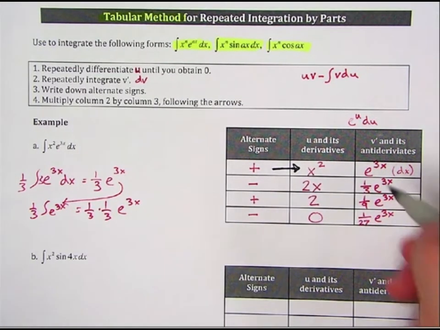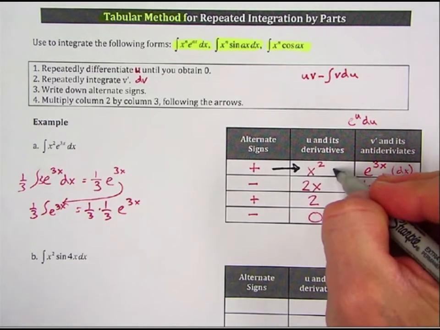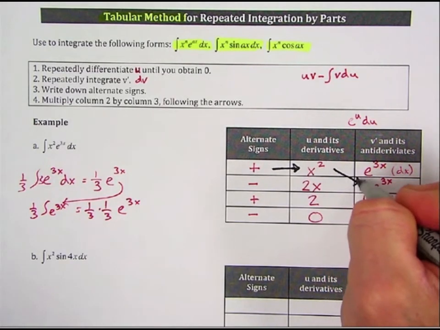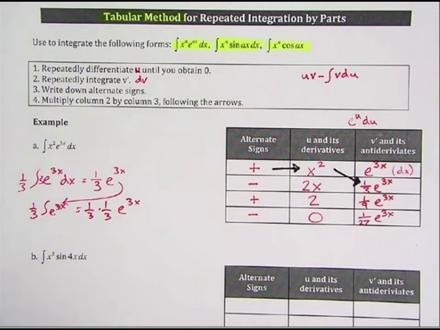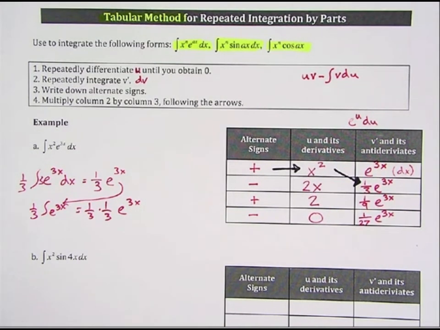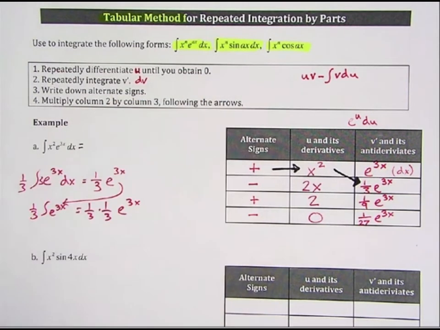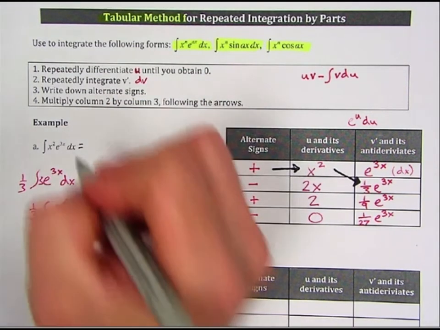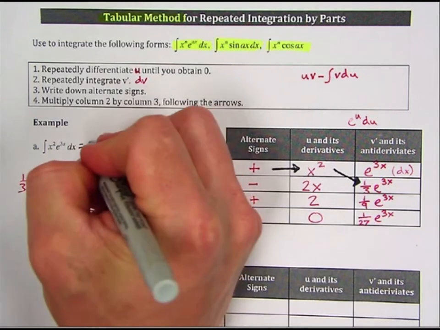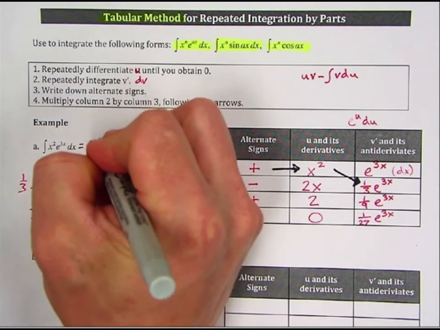And then this x squared is going to multiply by the integral of v prime. Okay? And that becomes the first term in our answer. Wait. Oh, because it's D. So positive x squared